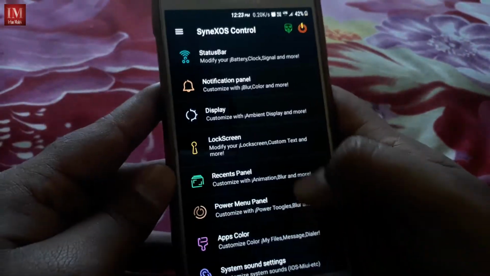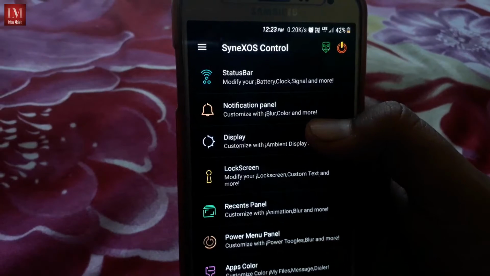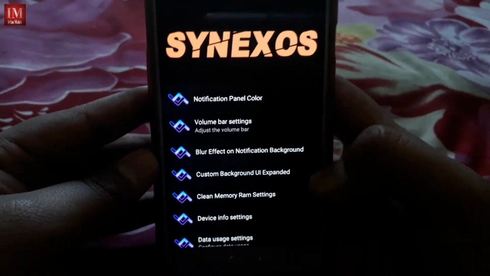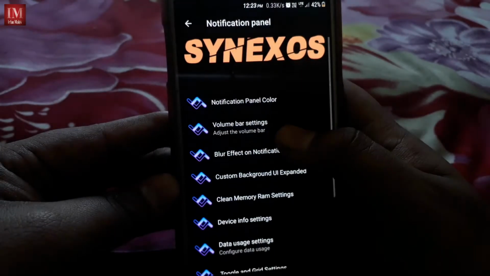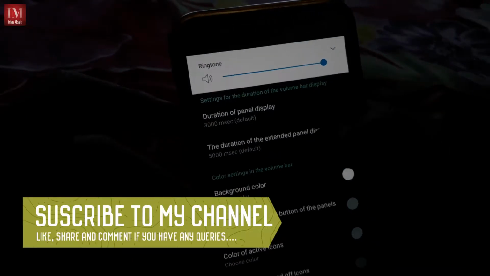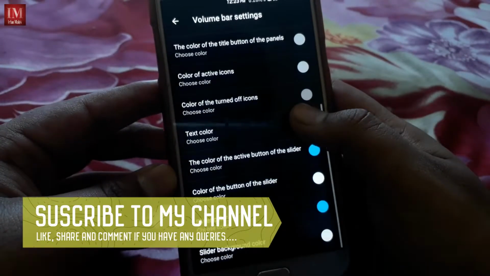Okay, nothing much. So we go ahead to the notification panel, and here you can see all of the colors, volume bar settings. You can change even this color also. This color also you can change. Okay, so I'll show you about that.